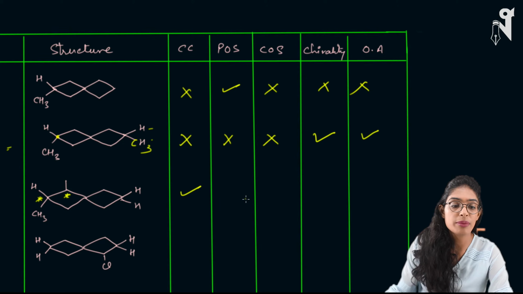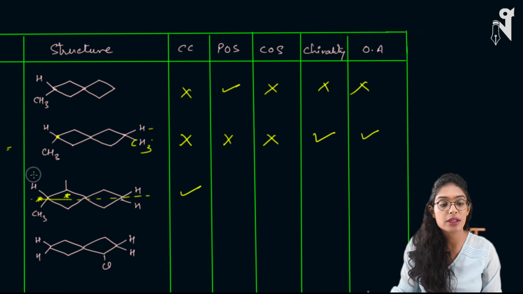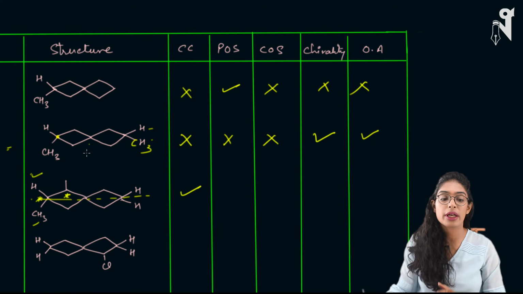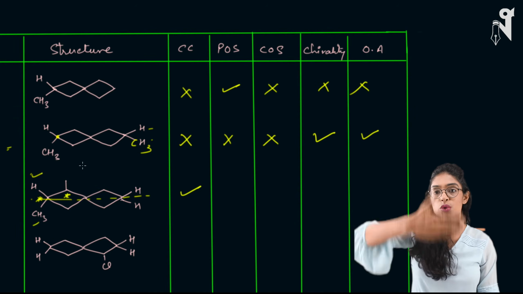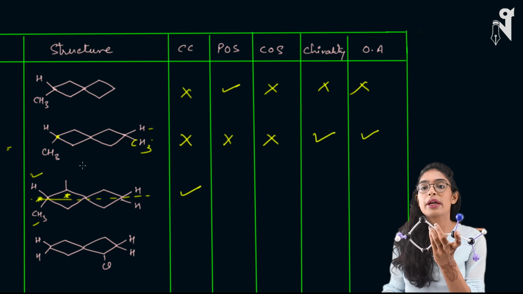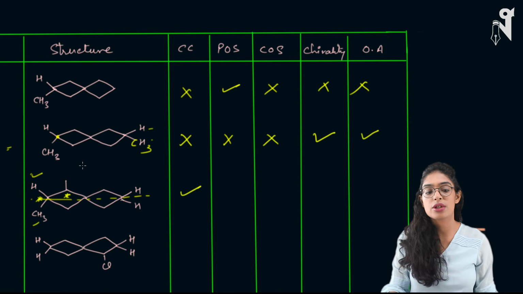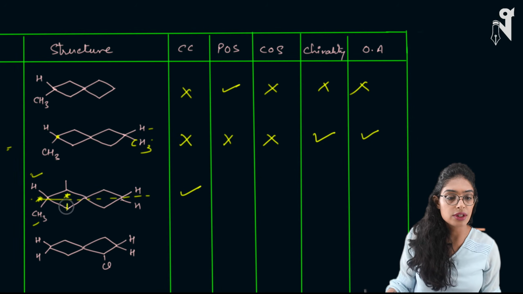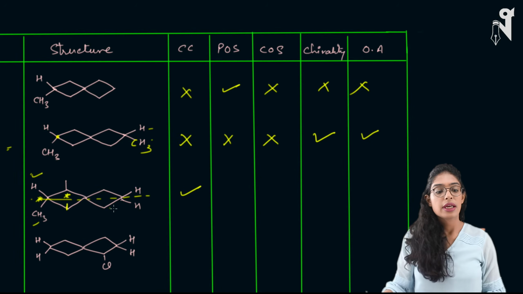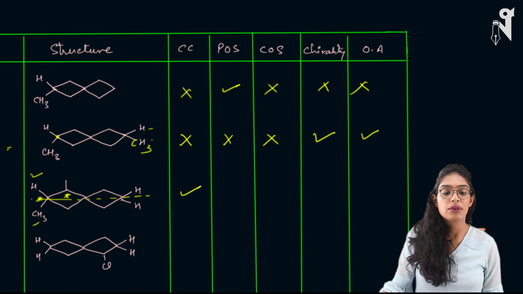Now we have to check whether we have POS or not. If I cut it through this plane, am I getting the mirror image? No. Why? Because up is hydrogen, another is CH3, so I'm not getting it. If I do the vertical cut like this, am I getting the mirror image? No. Why? Because one part will have CH3, another part has no CH3. So even if I cut it like this, everything will get divided into two equal halves, but the CH3 is not present on the other side, and hence we won't get POS.